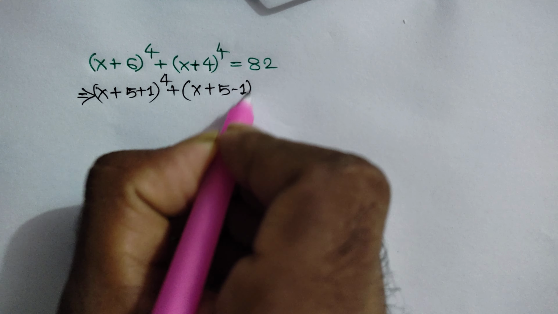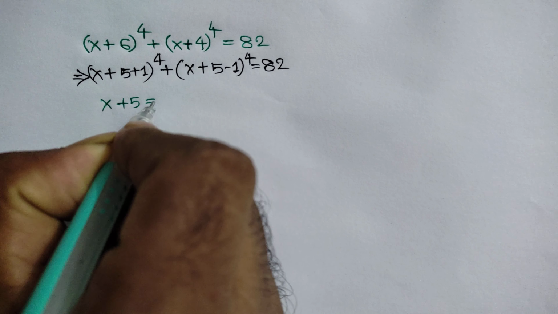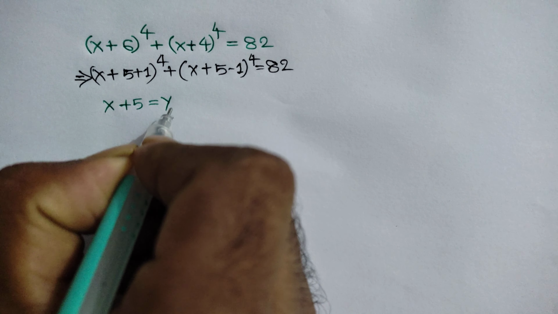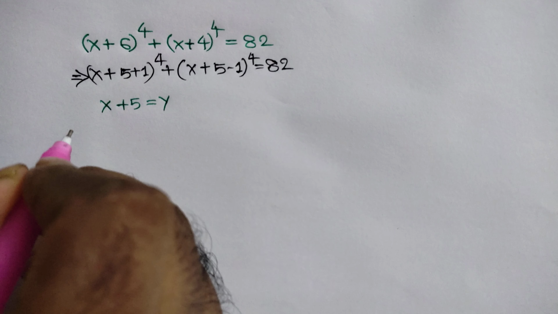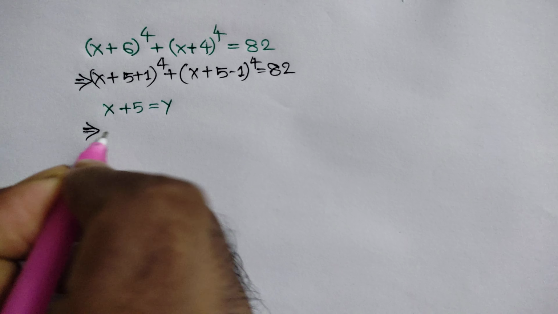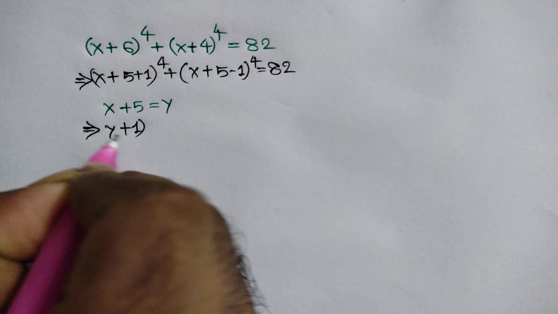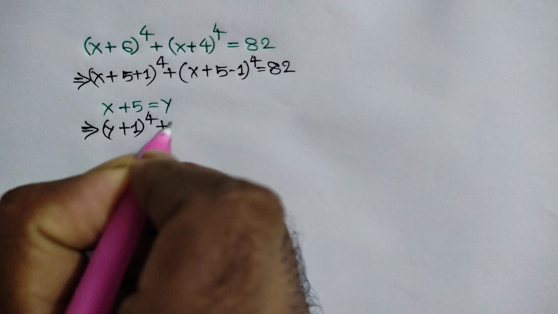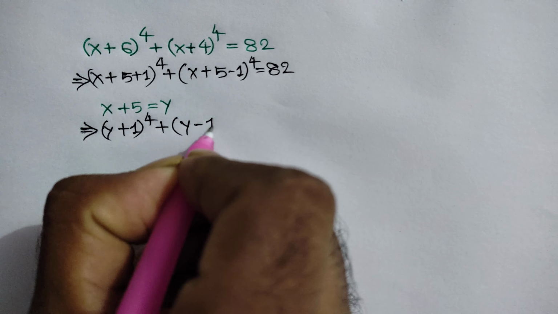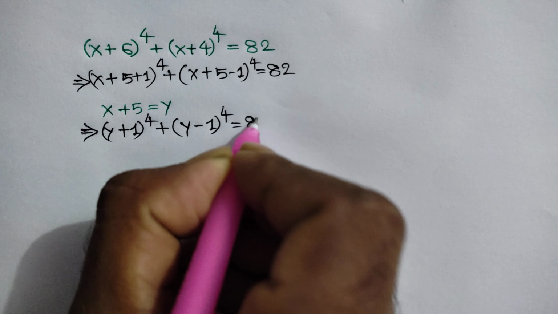Now let x + 5 is equal to y. So here we will get (y + 1)^4 + (y - 1)^4 is equal to 82,